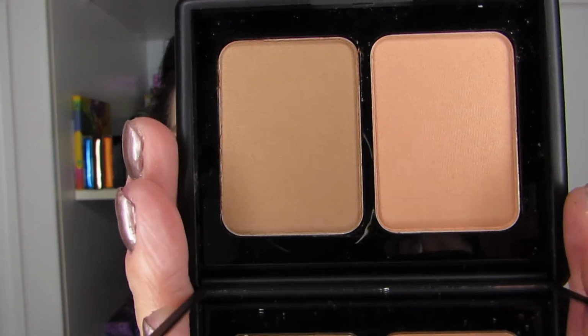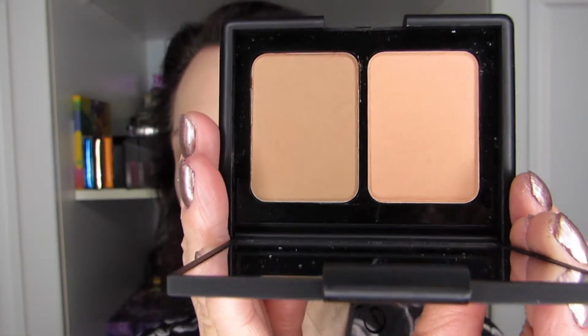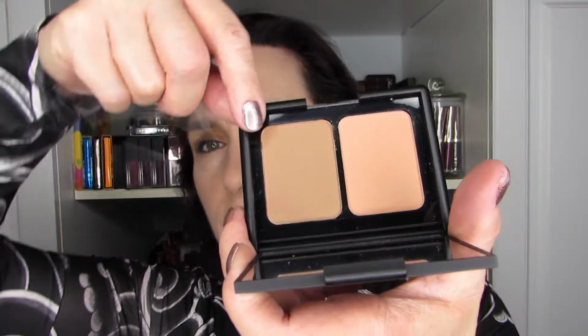And this is a type of e.l.f. product. I've never tried e.l.f. before. This is a type of e.l.f. product that I've had my eye on, and so there's a bronzer and a blush. Bronzer, blush, and I don't have any bronzer or blush right now, and I am really looking forward to